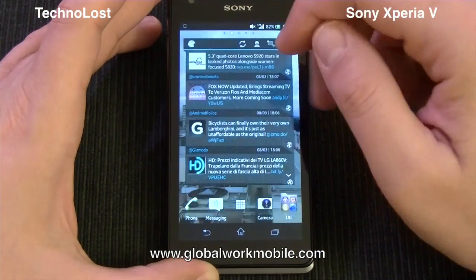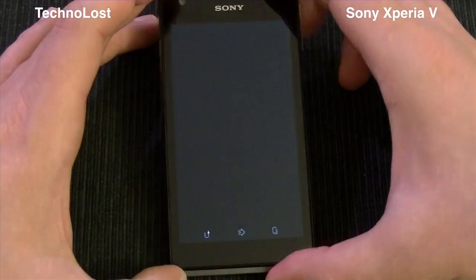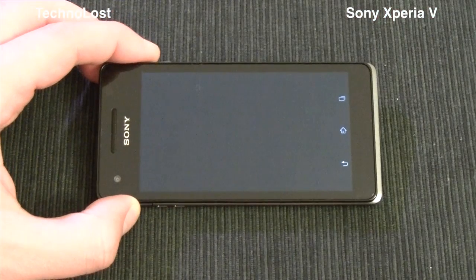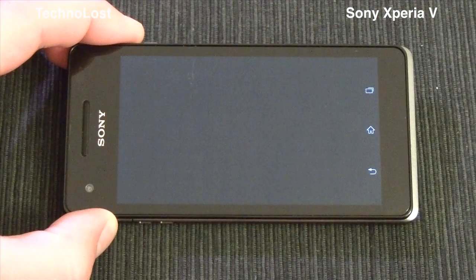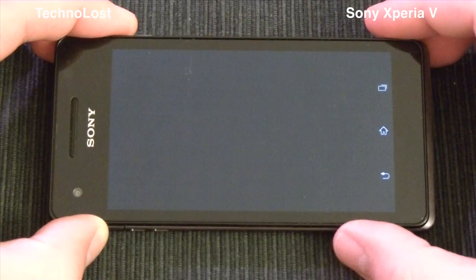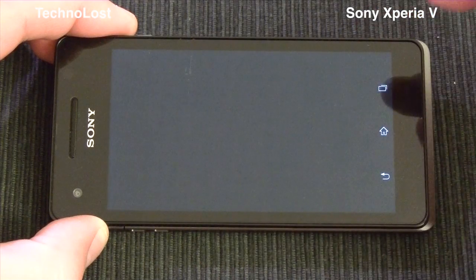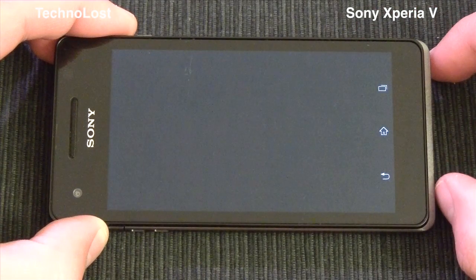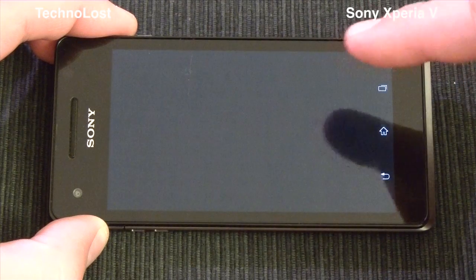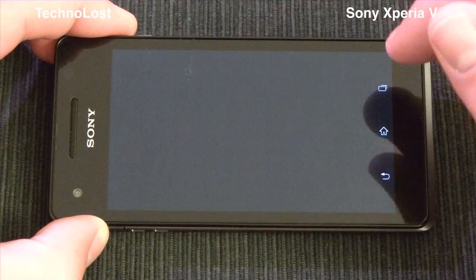Well, let's just see the first game I want to show you, which is Buggy Blitz. This game was developed as a Tegra 3 platform showcase, but it was later ported to every other hardware platform. So this is a very strange, very weird glitch that we have with this game running on the Xperia V. As you can see, when you start the game you can see nothing but a black screen, but the music